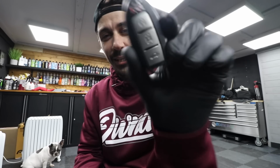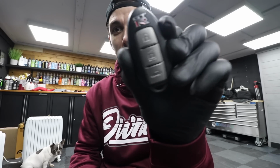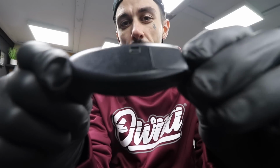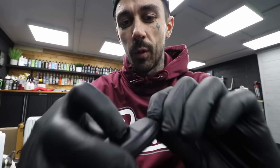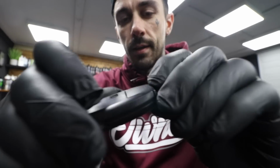Anyway, we are upgrading this for a carbon key today, so this is going to be a pretty cool little random piece of content for you midweek. There's a little trigger on the back. I'm going to be watching on the screen so I can make sure that you see it. So there's a little trigger on the back, and when you pull that trigger and you pull that end of the key,